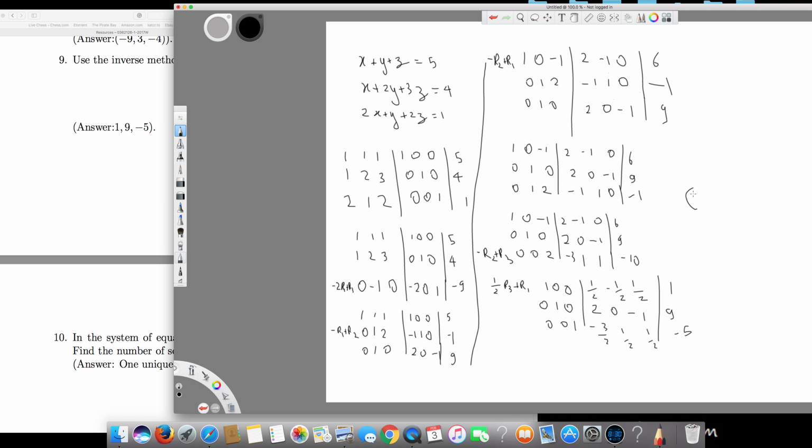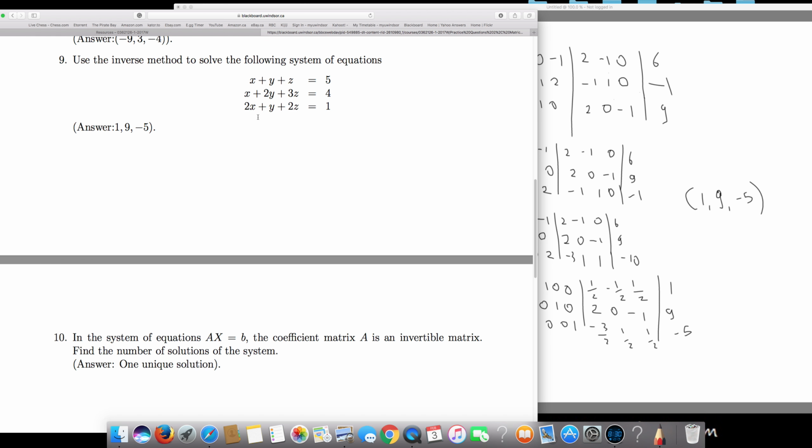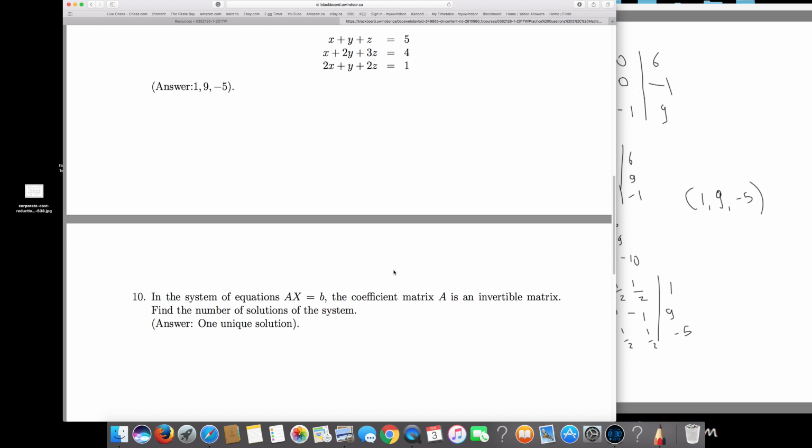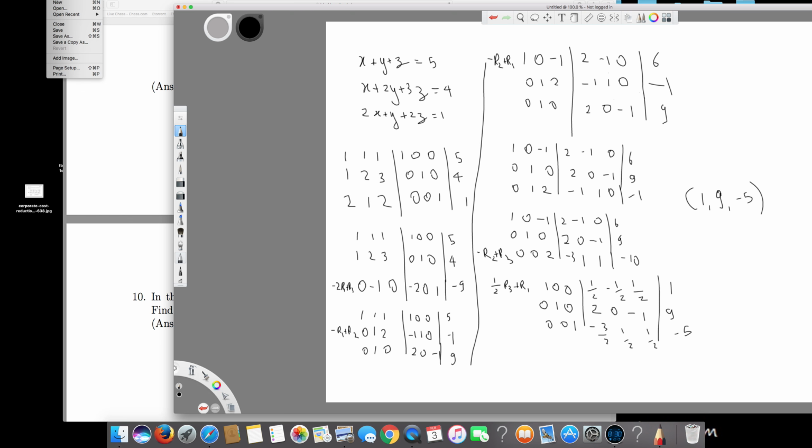This time we are right. So last time I messed up. This time I got it right. So this is our A inverse and XYZ values. I hope you guys get it, and I would like to explain this once again to